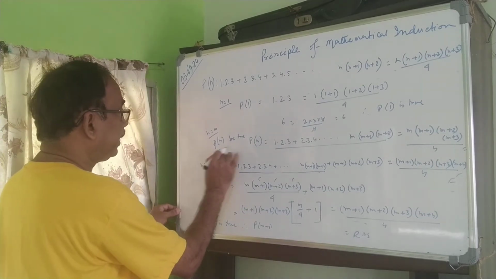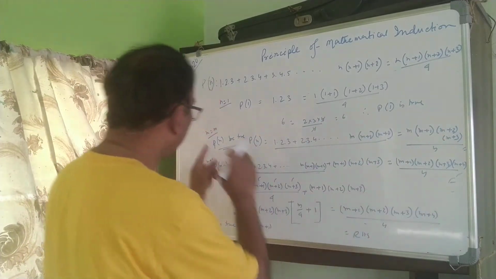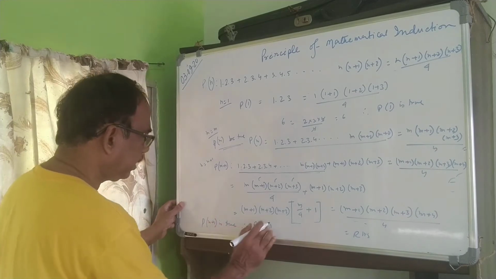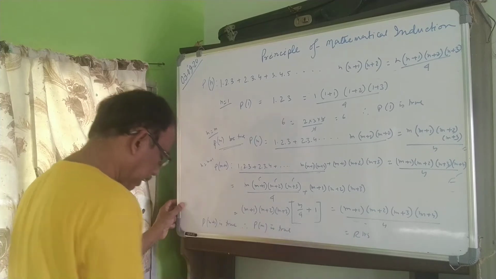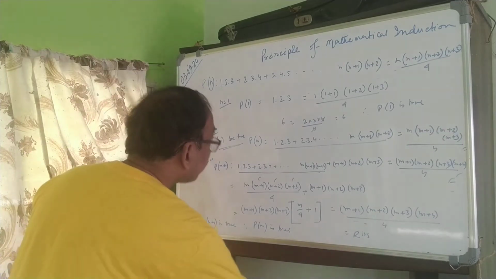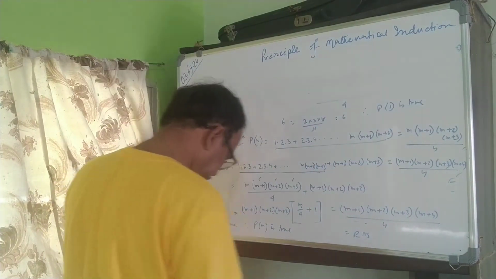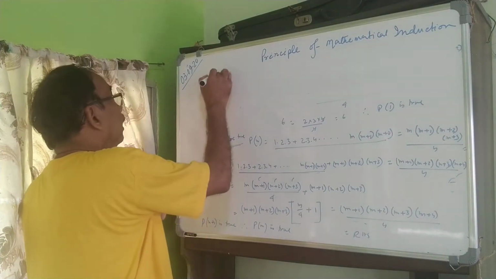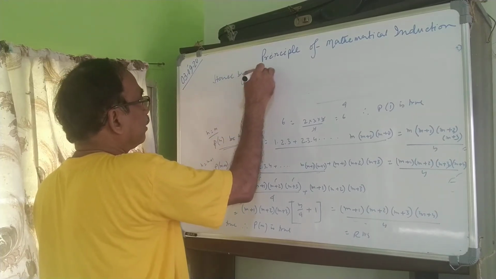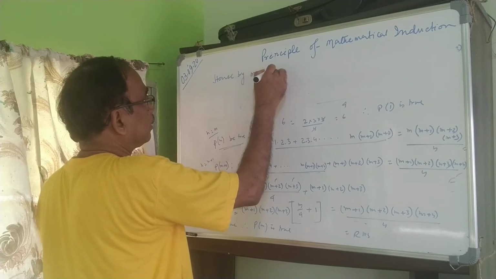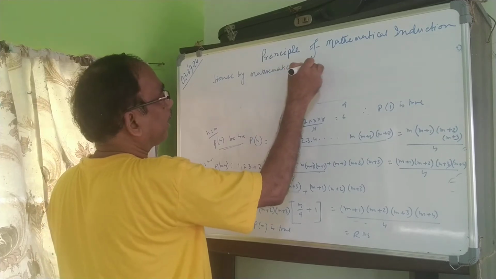We took, let P(m) be true. Then P(m) is this. Then we got P(m+1) is true. Therefore hence by mathematical induction, we can say, hence by mathematical induction,